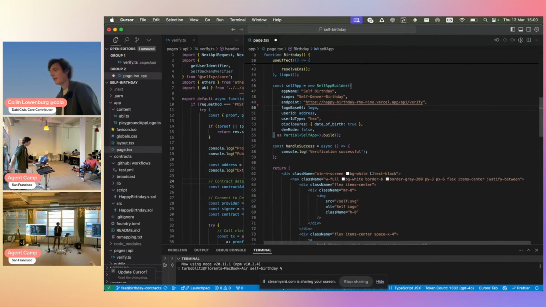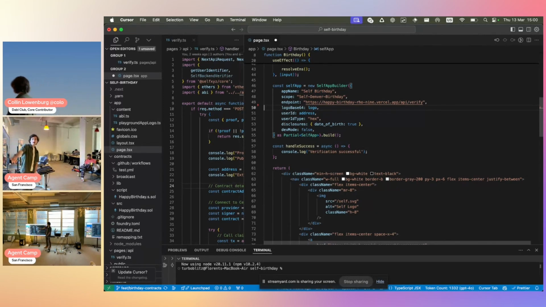So basically on one side, you're gonna generate a QR code, which is the QR code that you just saw, which you do by doing something like that. This is an example that we did a few weeks ago called Self Birthday, Happy Birthday. And basically if you prove that you have a passport and it's your birthday, you win $100 and you can just claim it, and it's still alive.